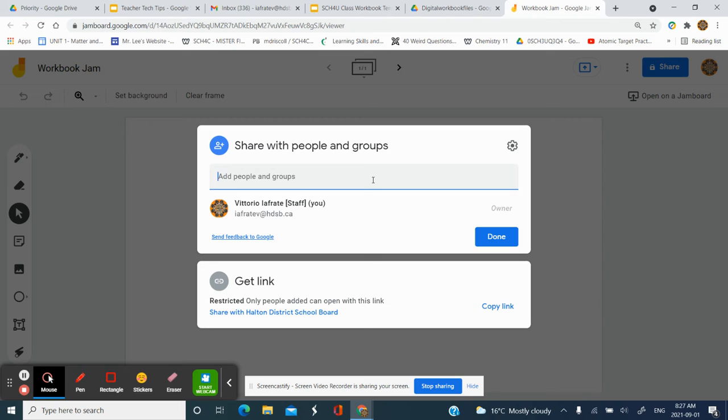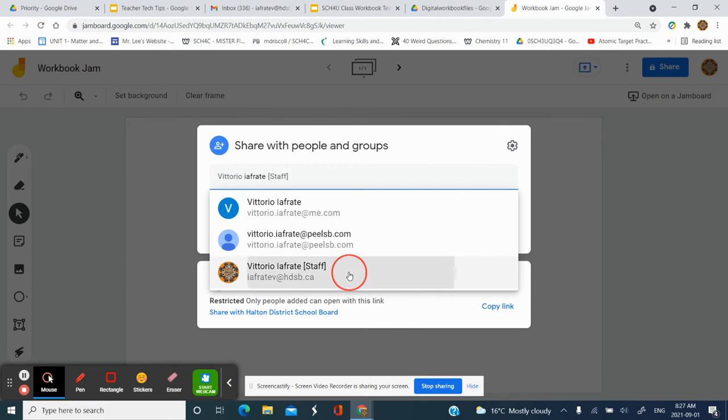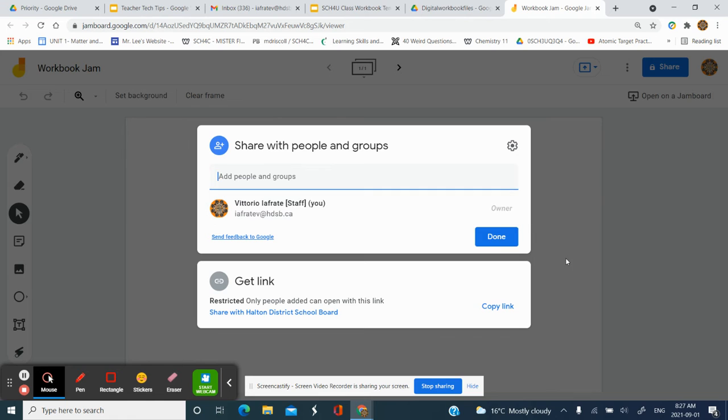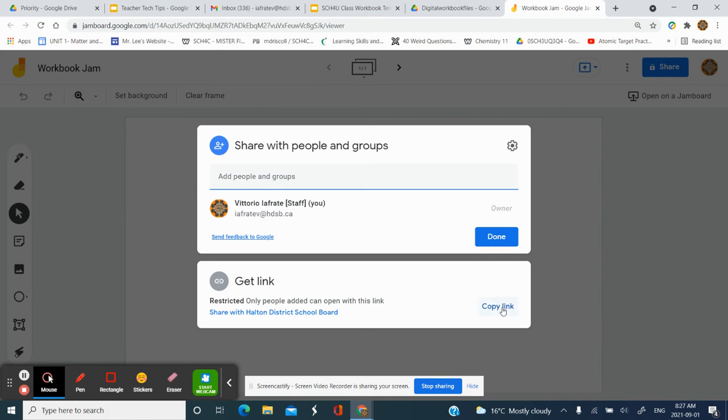To add your teacher, you simply go to Add People and Groups and type your teacher's name. So you'll write Efrate, for example, click on Efrate and make sure they're added as an editor. So you want to make sure you have choices here. There's viewer, editor. Make sure your teacher's added as an editor. Once that's all done, you can click on Share. You can copy the link,